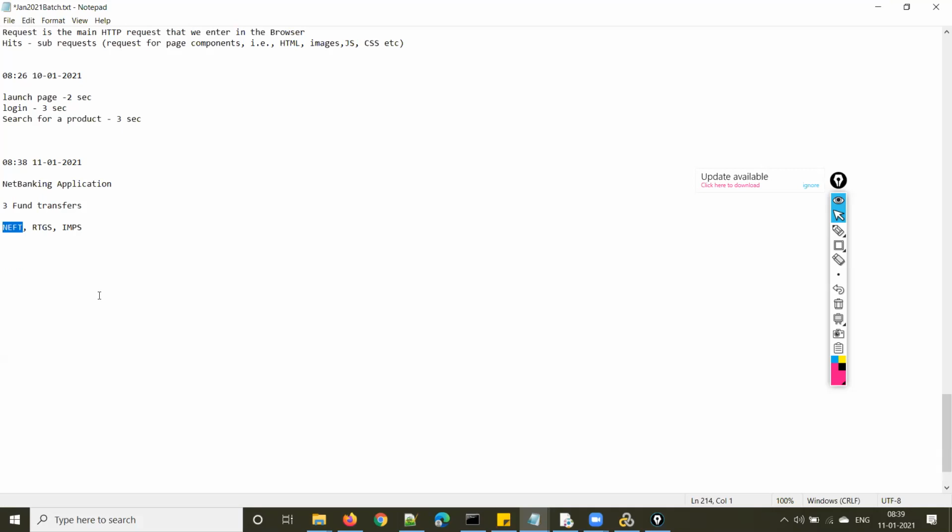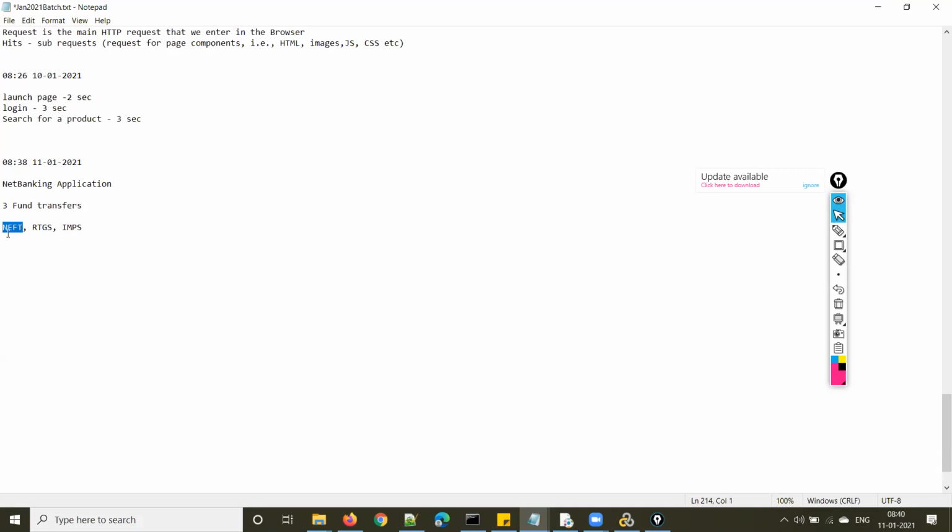What is the difference between NEFT and RTGS? NEFT is up to 2 lakhs.